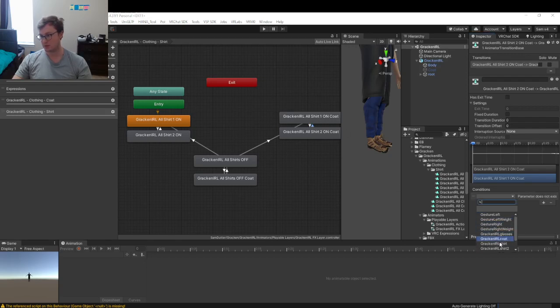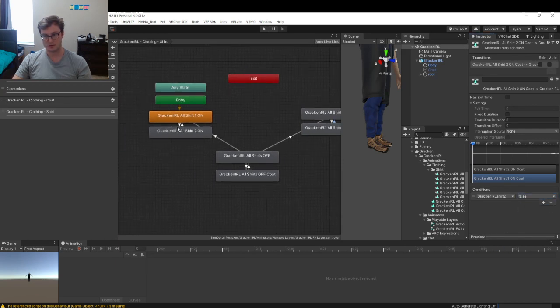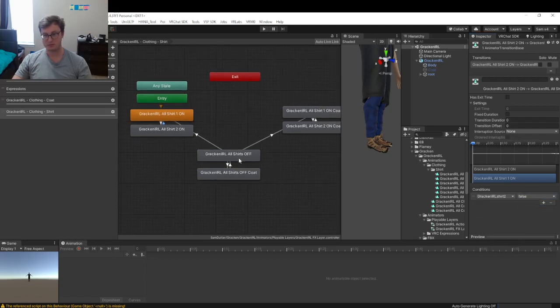Or is shirt 2 false? True or shirt 2 false? And then here, we're just worried about, is the coat